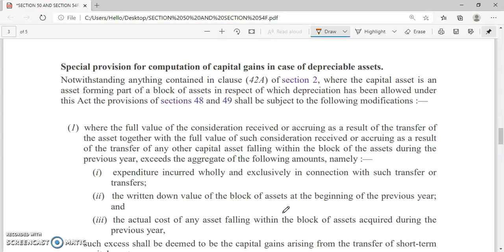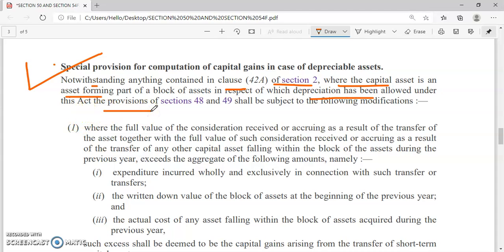This is the original bare provision of section 50. I will read it for your better understanding. The section starts with the wording: notwithstanding anything contained in clause 42A of section 2. We have already understood that section 2 subsection 42A talks about short term capital asset. So if anything is given contrary in section 2 subsection 42A, then section 50 will prevail. So notwithstanding anything contained in section 2 clause 42A, where the capital asset is an asset forming part of a block of asset in respect of which depreciation is allowed,